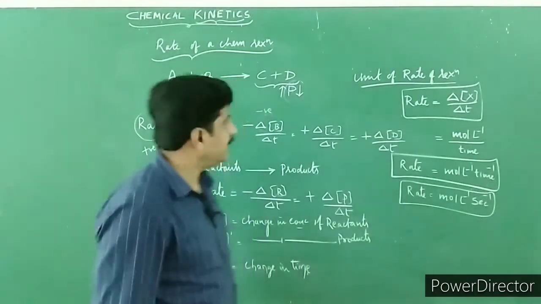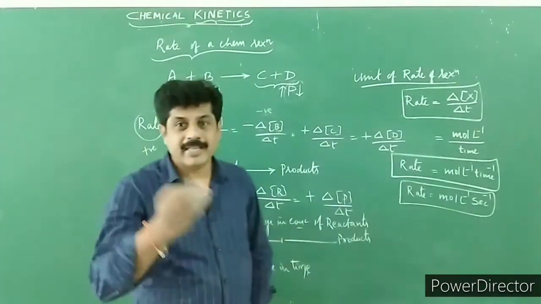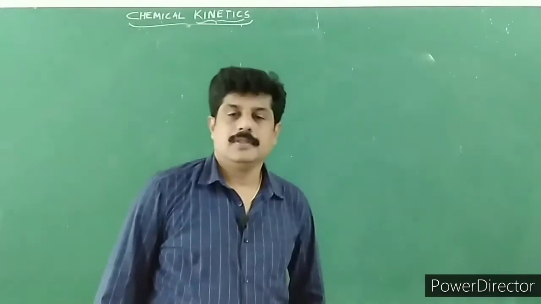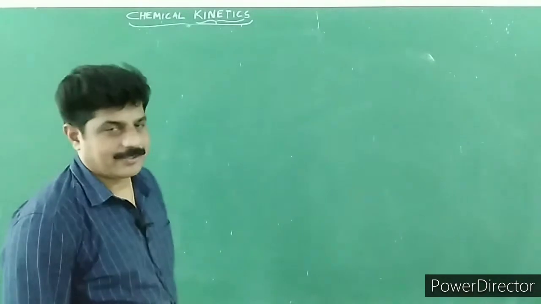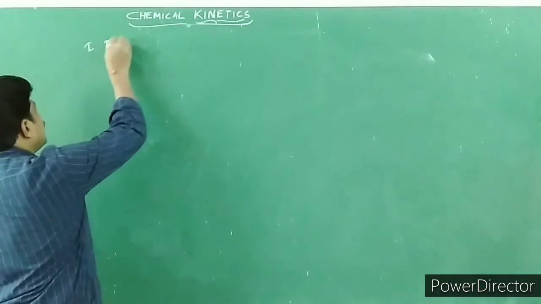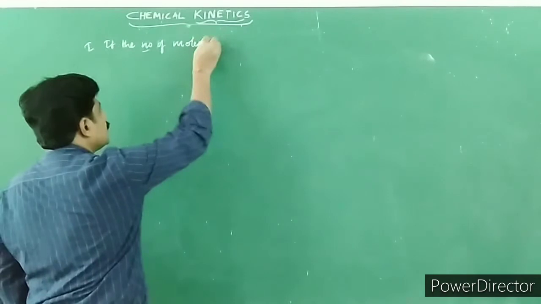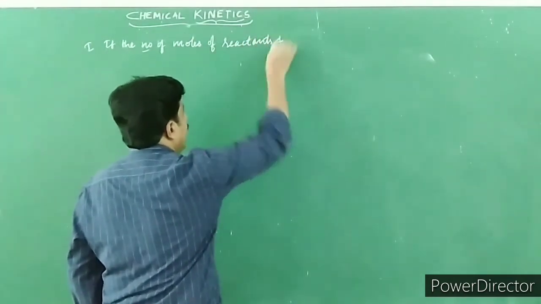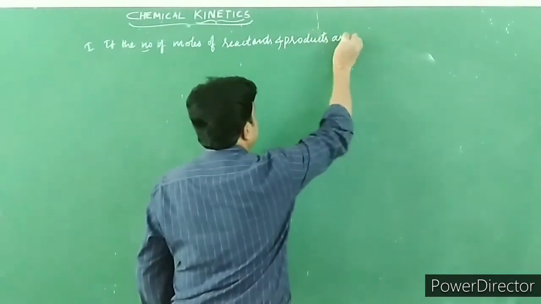Children, after understanding the rate of a reaction and also the unit of rate of a reaction, let me take up some of the examples on the rate of a reaction. Let me take up some of the examples for writing the rate of a chemical reaction. Under that, number 1, if the number of moles of reactants and products are same,